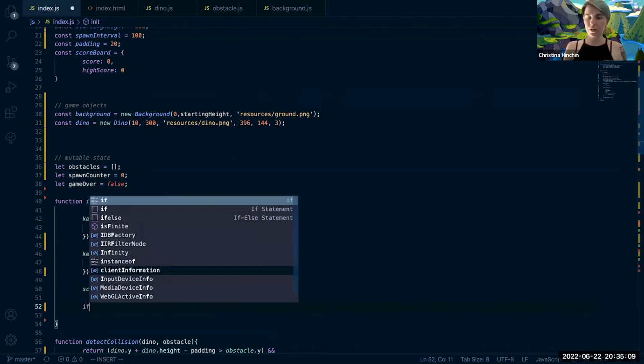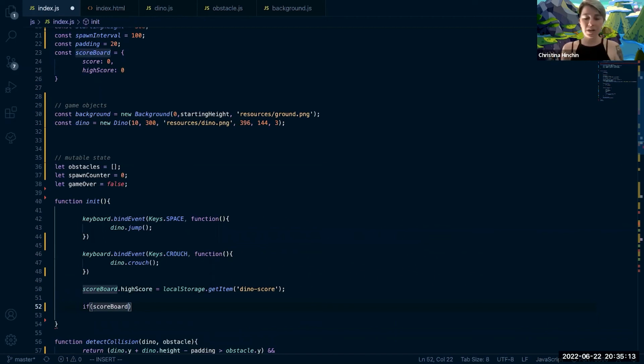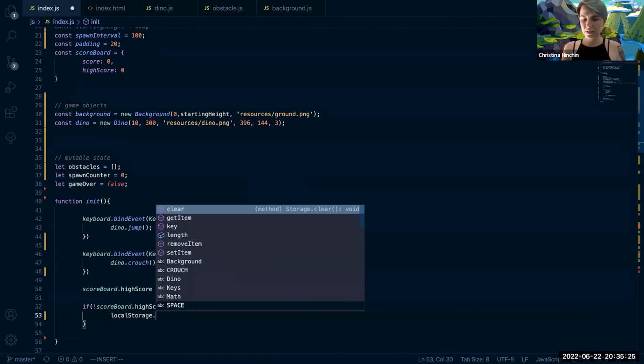We'll do a little check first because the very first time that this runs, there isn't going to be a high score yet. So we'll just see, okay, so if there is no high score, then local storage, set item,